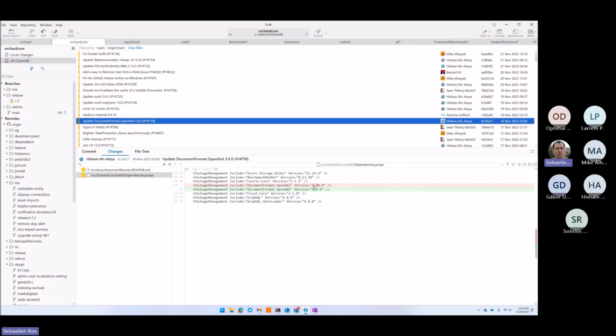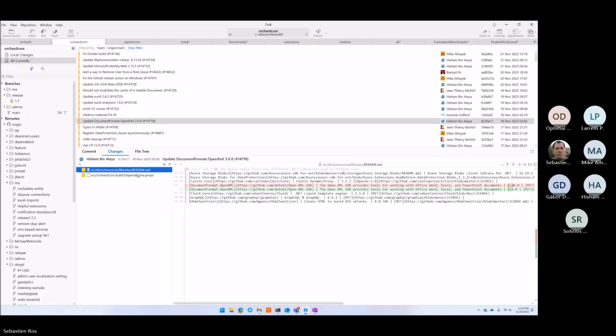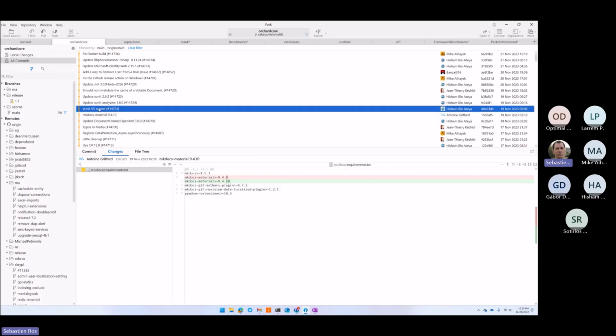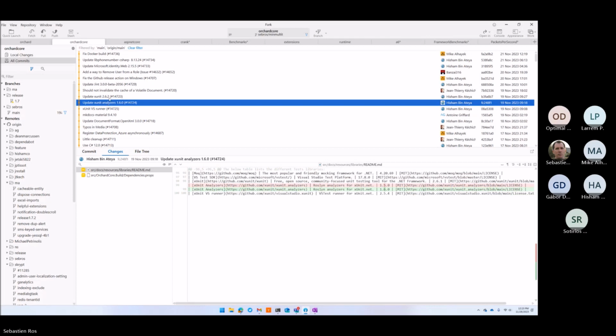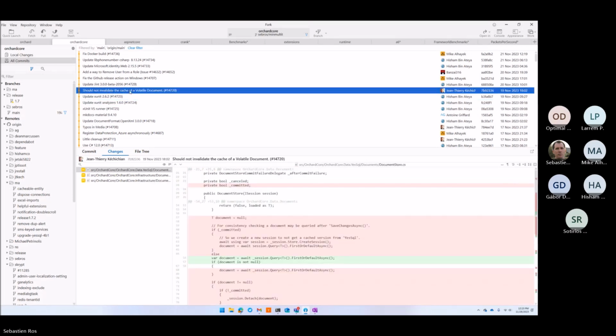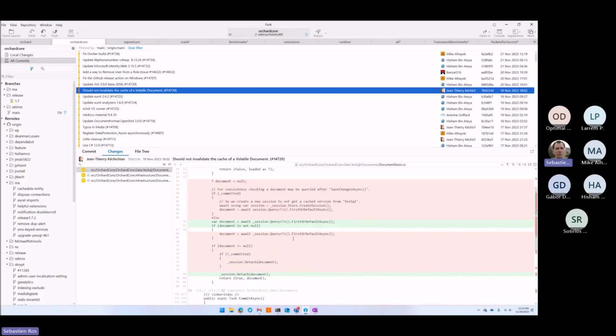The next amendment date. History office documents for search index. Exchange runner. Should not invalidate the cache of a volatile document.